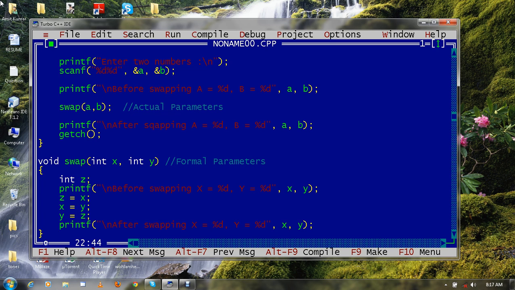So what I have explained here is that there are two ways to call a function. The first way is call by value. While making the function call by value, the value of the actual parameter is copied to the formal parameter. Whatever the actual parameter contains, it will copy that value to the formal parameter. It will not be removed from the actual parameter. It will remain in the actual parameter, and the copy of that value will remain in the formal parameter.